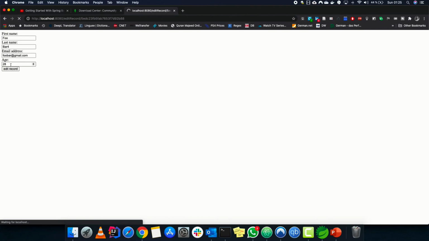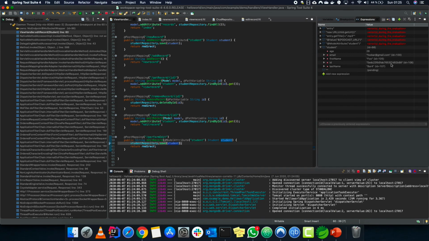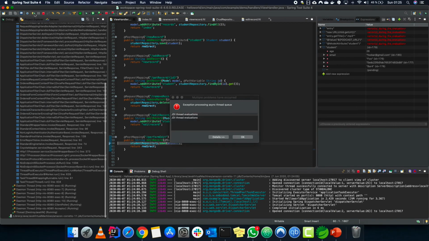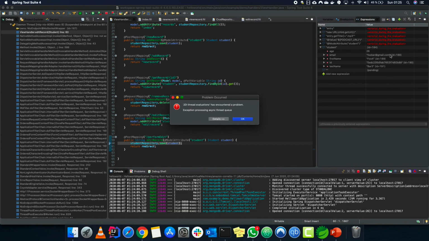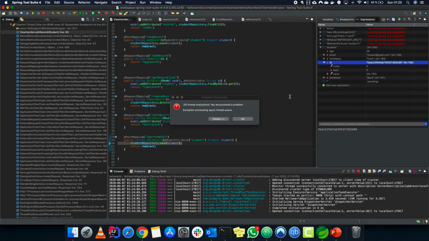New values foo bar 4, foo 4, which is this one. Bar is 3, which is this one. Email address is already there, which is this one. But there is no ID in that form. But like I said, ID is not visible, but it is being passed as a hidden field. So you can see the ID of that object, which is this one. So this is the value of that ID, as you can see.